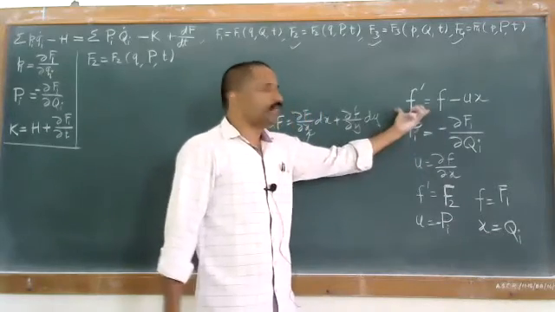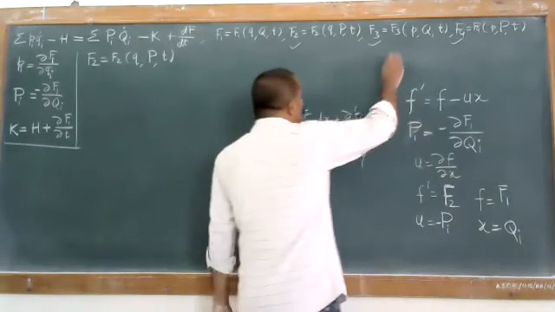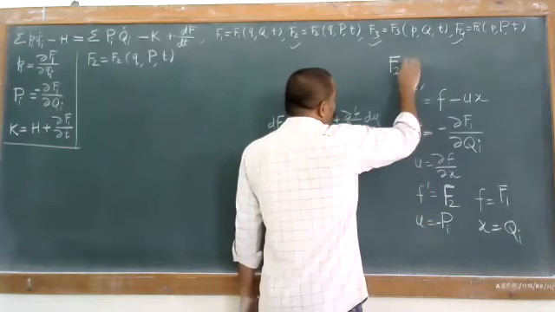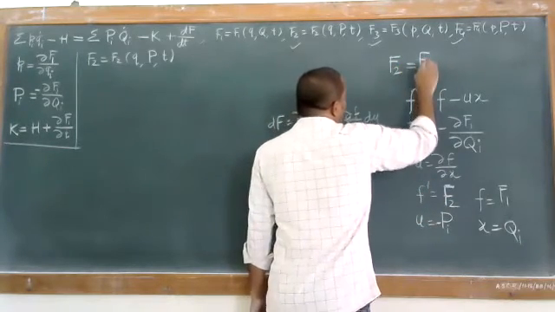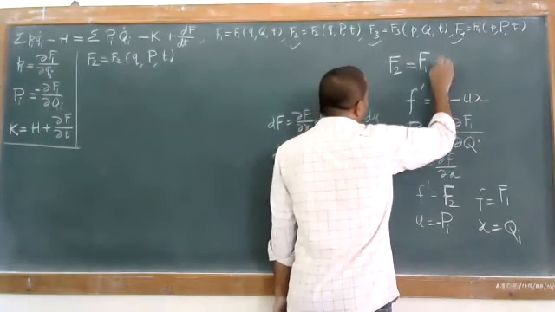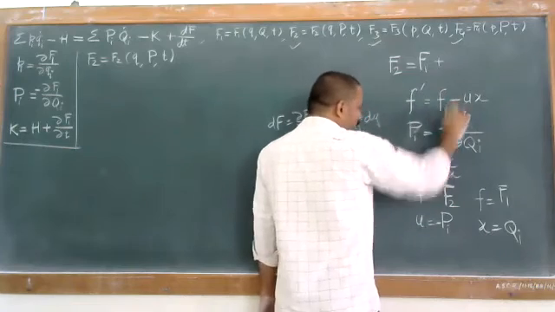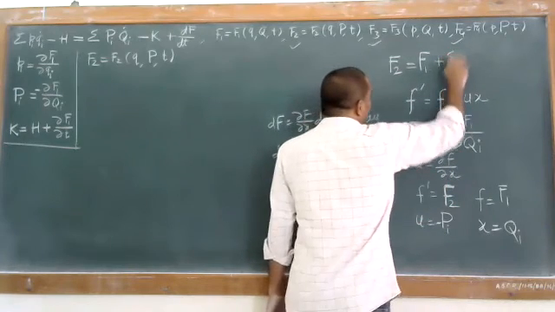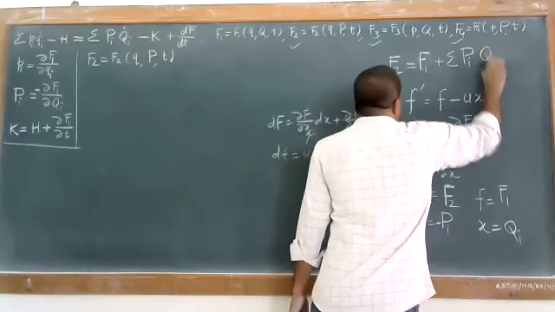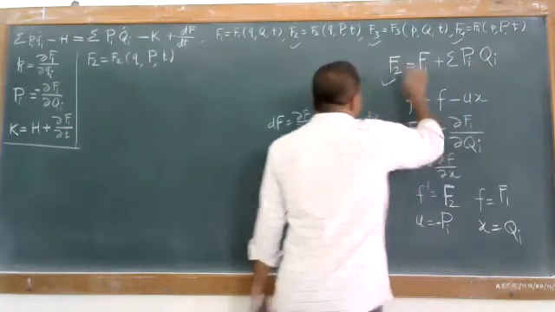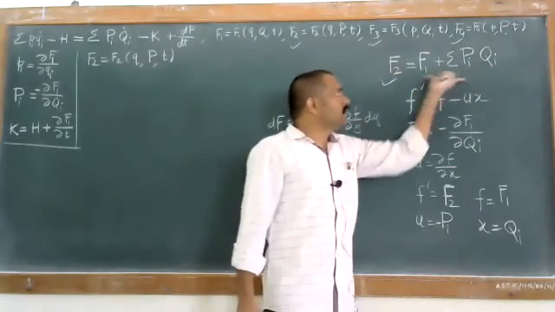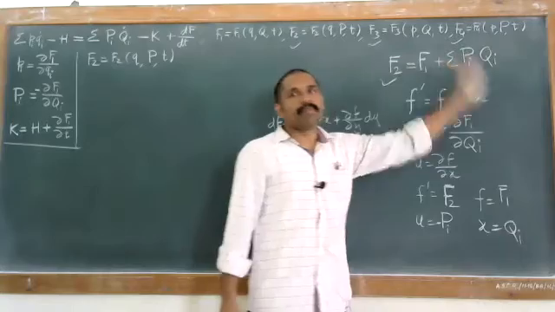So how can you write this function? The function that can be written in a very simple way, that is f dash is equal to f2, that is equal to f is nothing but f1, u is nothing but pi. So I'll just say this minus and this minus will become plus. So summation over this capital pi into this capital Q1. So that is your function. So function f2 that is written in terms of this f1 and pi q1.